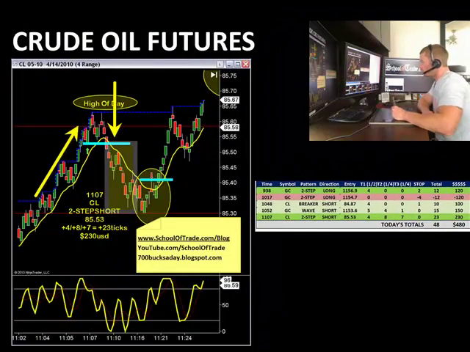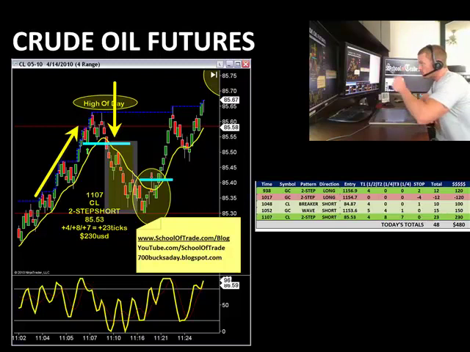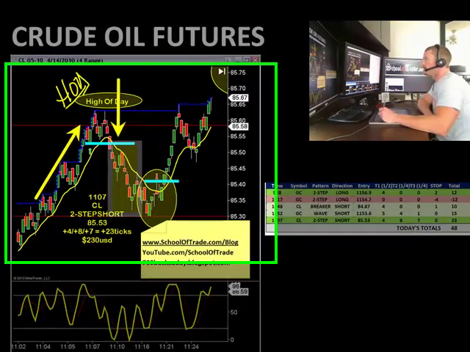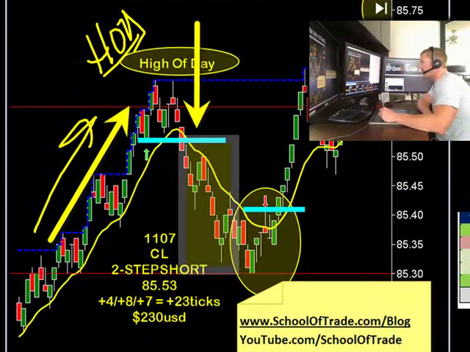Finished it up on the crude, 11:07. Once again, patience pays off very well. This was actually one of those slingshot patterns we talked about today. We'll talk more about the slingshot pattern later on this month for you guys. High of the overhead,